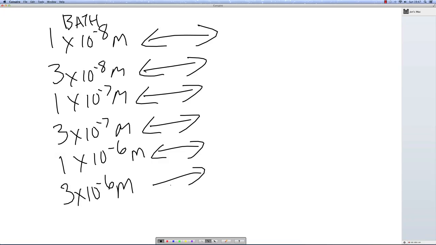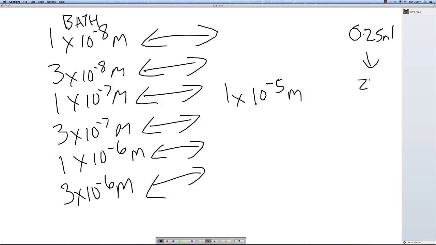What are going to be the concentrations that you need inside the actual test tubes? Well, we've already gone over the first bit, which is you wanted 1 times 10 to the minus 7 for part 1. And as we worked out, you need 1 times 10 to the minus 5 molar in the test tube for 1 times 10 to the minus 7. Because you're adding, remember, 0.25 mils into 25 mils, and that's a 1 in 100 dilution. So, if you need 1 times 10 to the minus 5 to get 1 times 10 to the minus 7, what do you need for 1 times 10 to the minus 6? Well, you need 100 times concentrated,